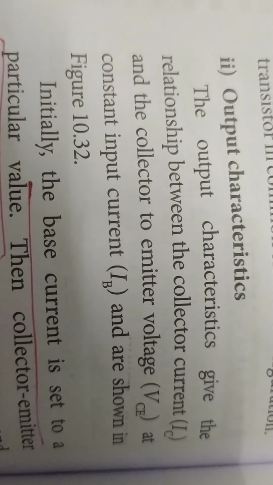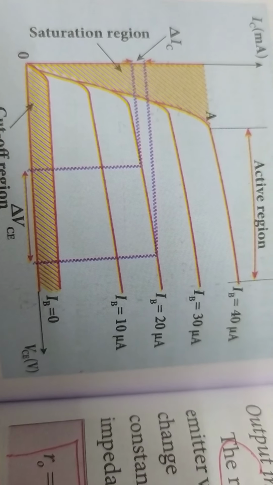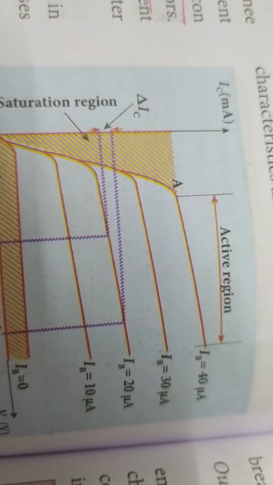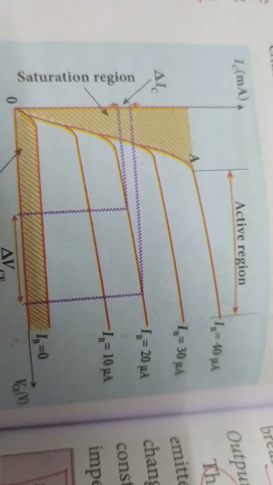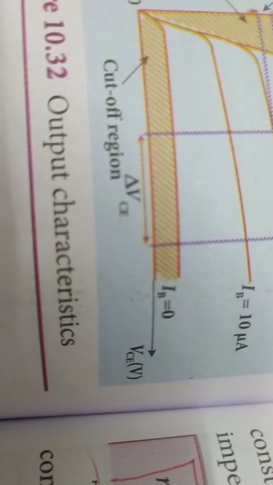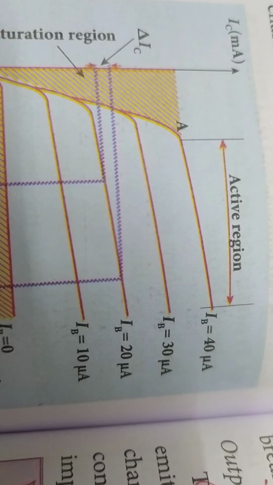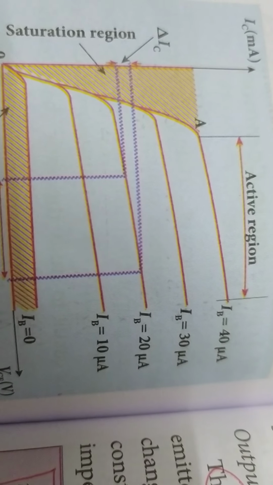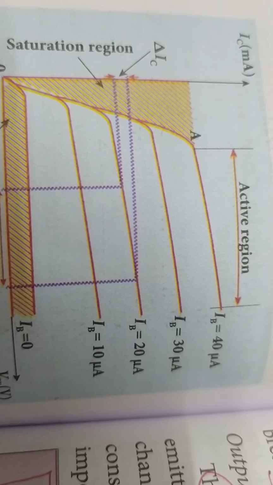And next we are going to see about the output characteristics. For that you have to draw this diagram, that is VCE along the x-axis and IC along the y-axis. Here we are taking the right hand side of the circuit diagram, and for different values of IB, first IB is taken as 0, that is base current is kept 0, and then base current is 10 microampere, 20 microampere, 30 microampere and 40 microampere. For different values of base current, you have to draw the static characteristic curves.